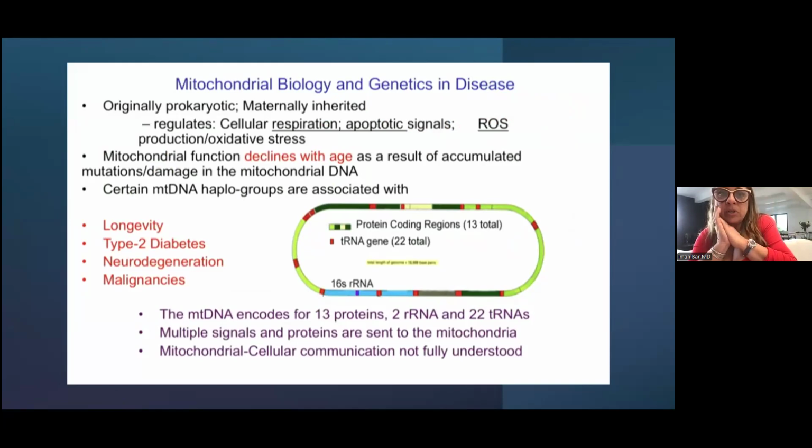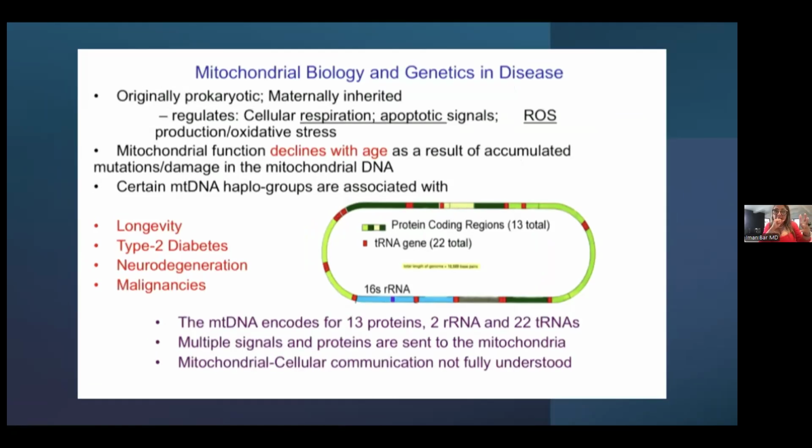The mitochondria regulates several things, right? On the cellular level, respiration, right? The mitochondria is an organelle that we got from a prokaryote. We all know that. It's inherited through the mother's side of the inheritance. So again, the mitochondria is very important because it regulates our respiration, apoptotic signals, reactive oxidative stress that could be